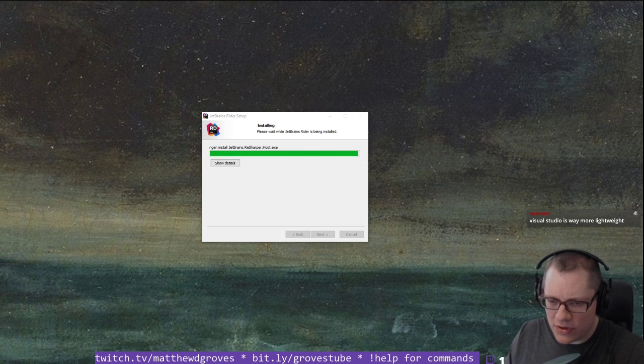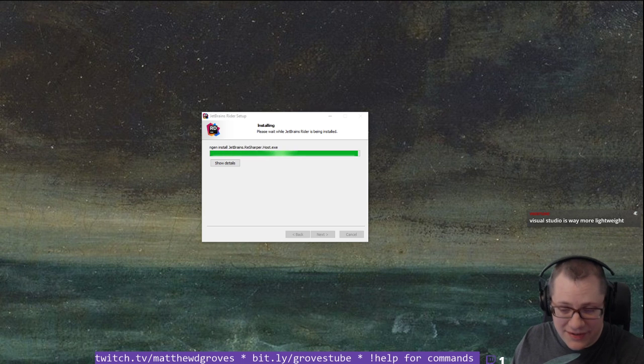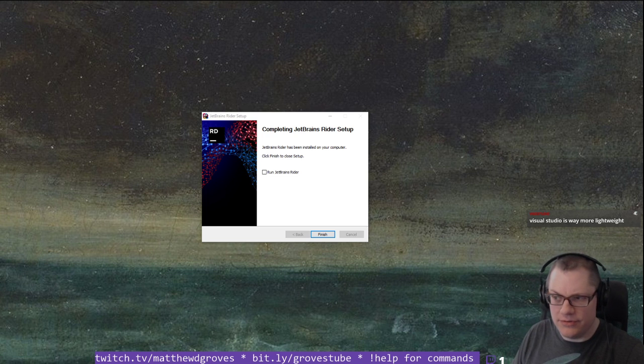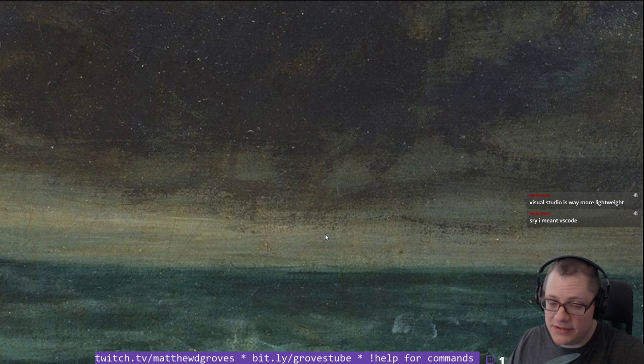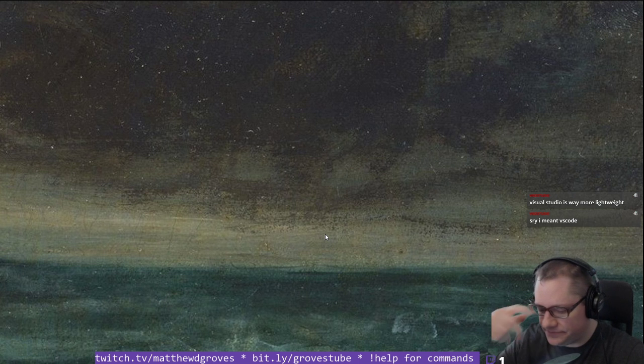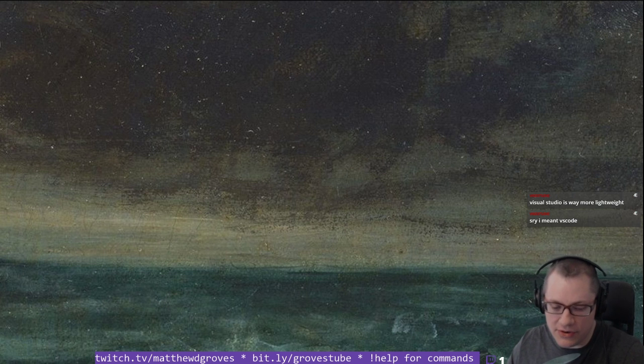Visual Studio is way more lightweight. So Visual Studio Code is probably what you're thinking of. That is definitely lightweight. That's probably closer to a text editor than it is a full-featured IDE, although it has a very rich extension library. Yeah, Visual Studio is definitely a heavyweight piece of software. But VS Code is also